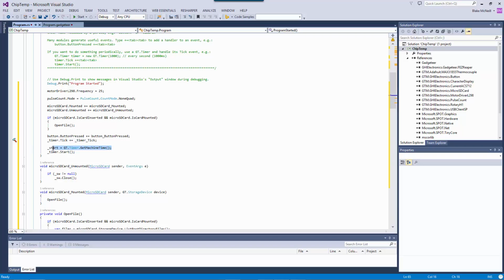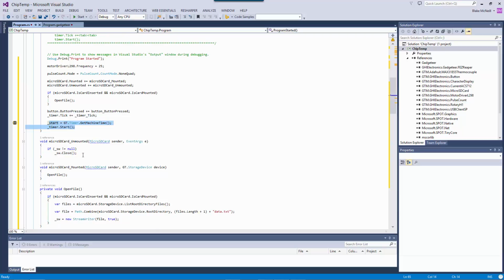And we're going to initialize the start time with the machine time, and we're going to start the timer. So in the SD card, if someone was to slide a card out, what we want to do is just close the stream writer. I mean, the card's already gone, but we do it for our code. And if someone slides a card in, well, then we want to